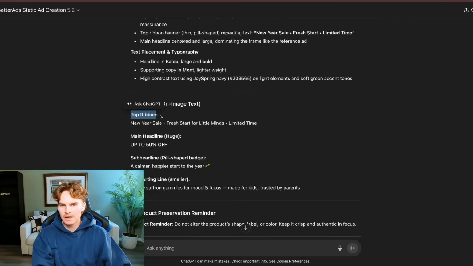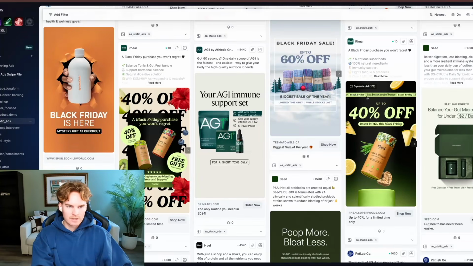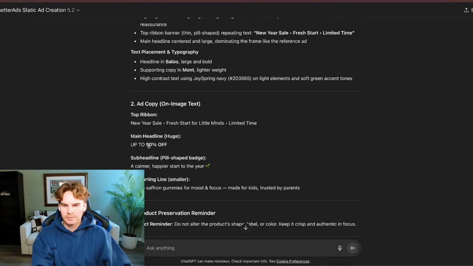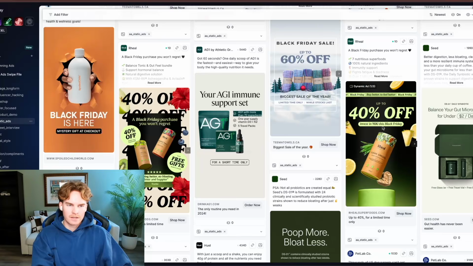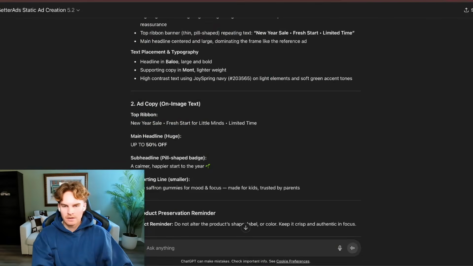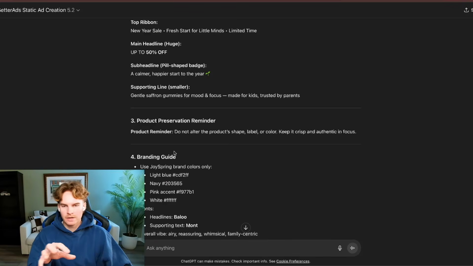So you'll see that it's describing certain ad copy that it wants to put in the top ribbon, the main headline. So the top ribbon is obviously up here, and then the headline is up to 50% off. And then it's copying even the pill subheading here. Something that's also very important is to remind the model to not actually adjust the product itself, because we don't want the product to differ